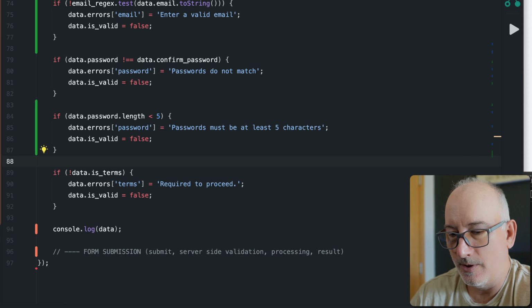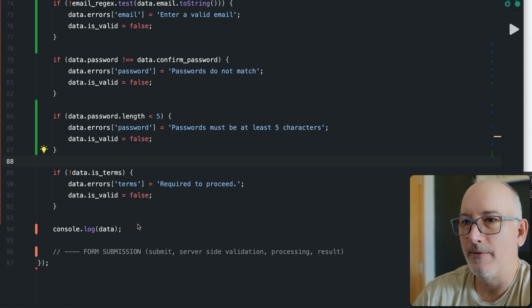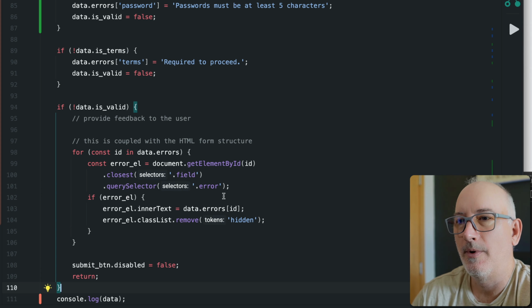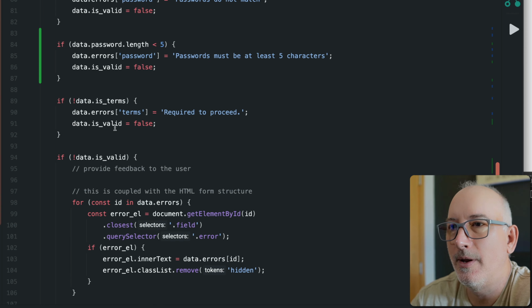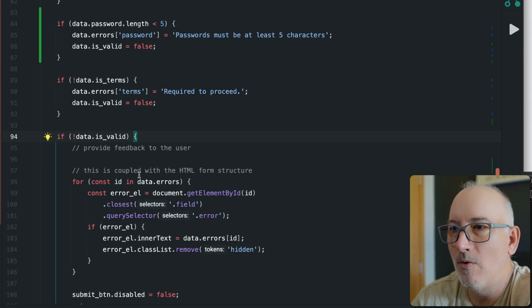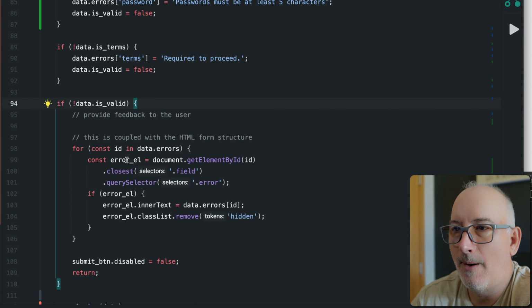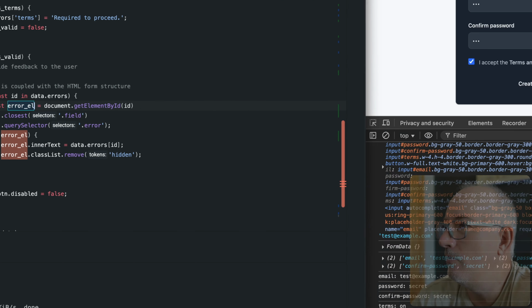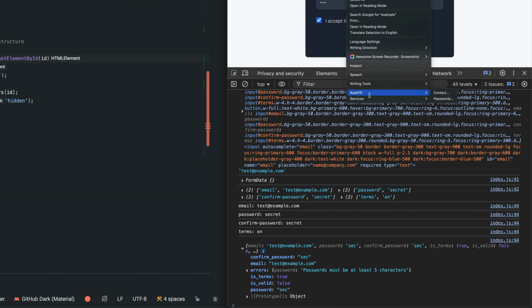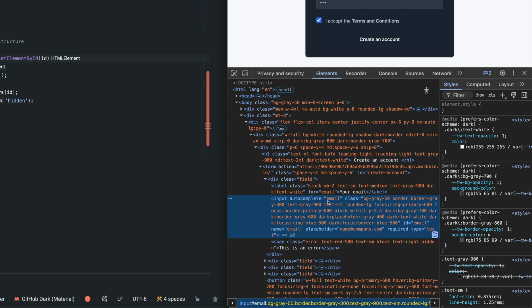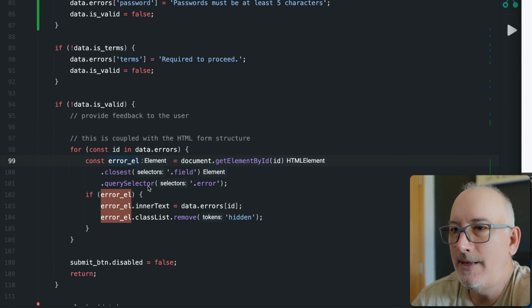So I'm going to drop this in because it's a bit of code. It's not too complex. I just don't want you to have to watch me type all this. But if we're not valid, we're going to provide that feedback to the user. So I'm going to go over every single error in the errors bag and find the element that has that ID. Every single one of my inputs has an ID that matches exactly that name. Here's my input, it has the name email and the ID of email. So they all match. So I'm going to find the element that has that ID, and then I'm going to